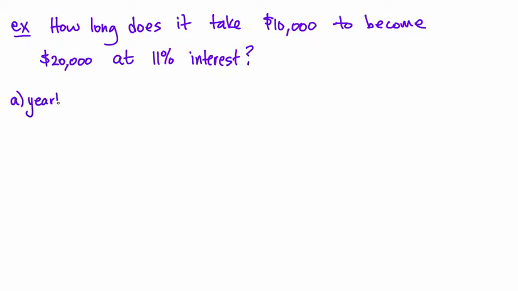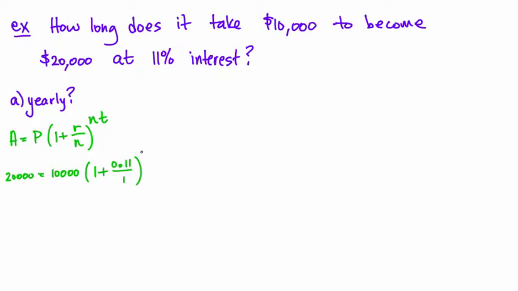What if I did this yearly? So let's do that first. The total amount is equal to the principal times (1 plus the interest rate over n) to the nt. I know the total amount, that's 20,000, and the principal is 10,000. 1 plus 0.11 divided by 1, and then 1 times t, and it's t that I'm solving for, and t